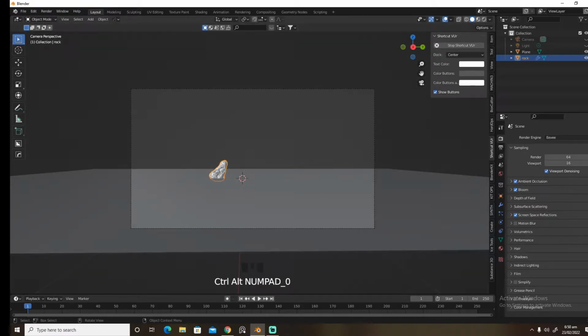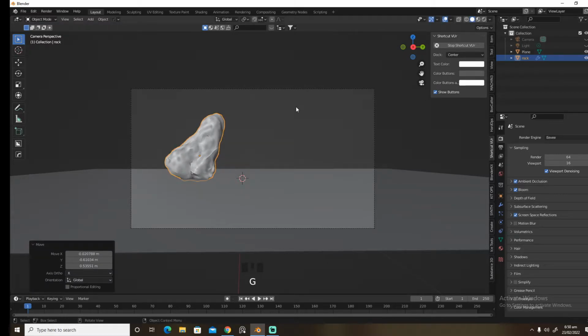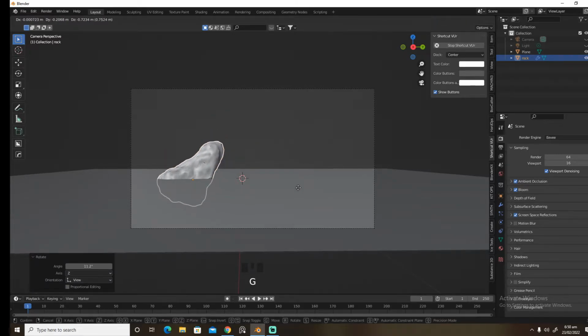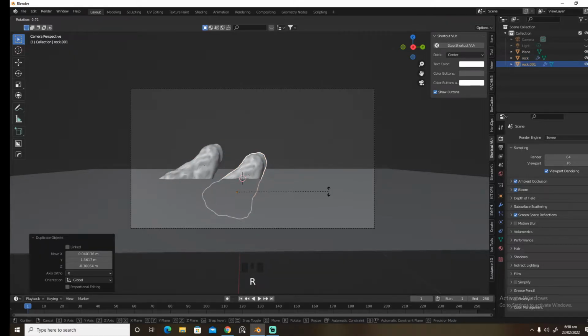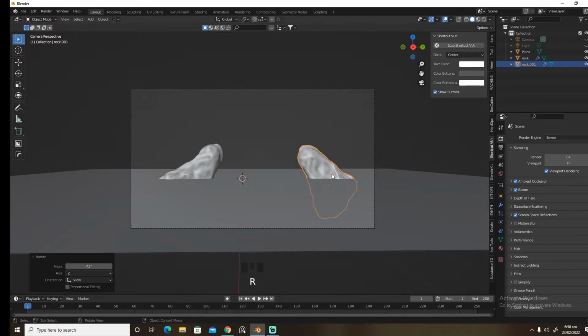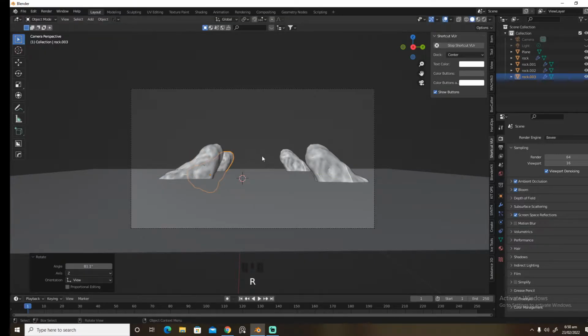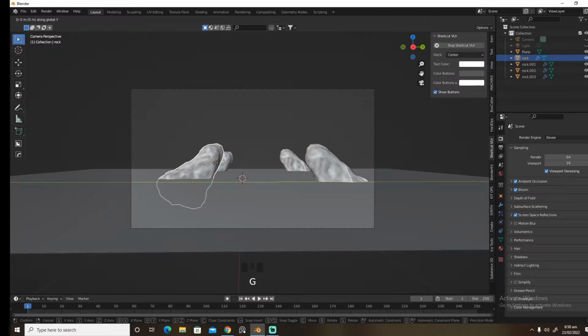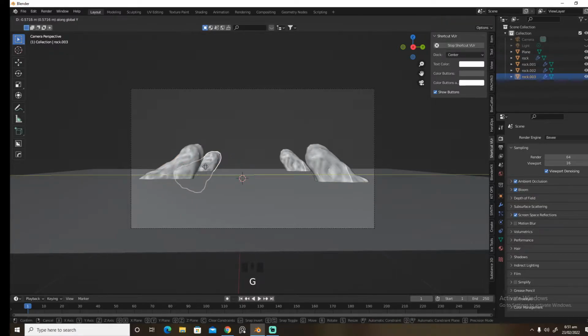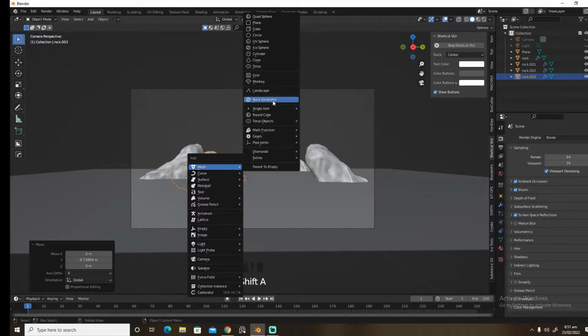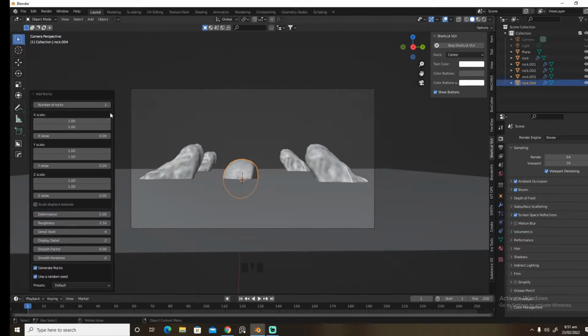Control Alt 0 and scale this guy up, bring it somewhere right about here, Shift D and bring it somewhere right about here, and rotate it, G X, bring it closer, Shift D, G X, and bring it somewhere right about here, Shift D, G Y, and bring it somewhere right about here. Let's bring it somewhere right about here, and G Y. Let's create another rock,